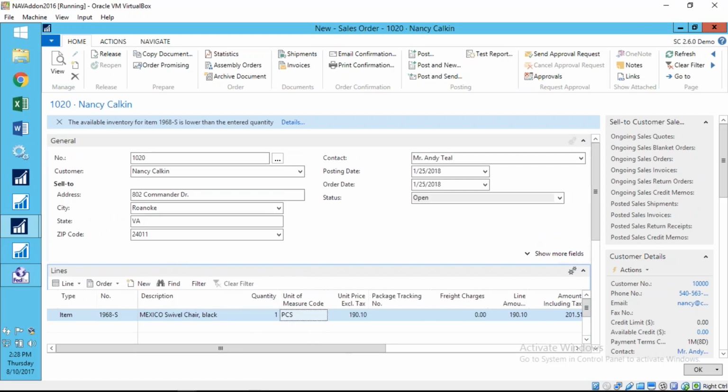Okay, now prior to the fact that you've released the order, you may want to quote the shipping. And there are two reasons why you might want to do that. Number one is, old Nancy said she's not going to place the order unless she knows exactly how much it's going to cost her, including the freight. The other reason, and this is actually even more important, is that if you're going to charge Nancy for this chair before it ships by credit card, and you are using some credit card processing software like ChargeLogix,